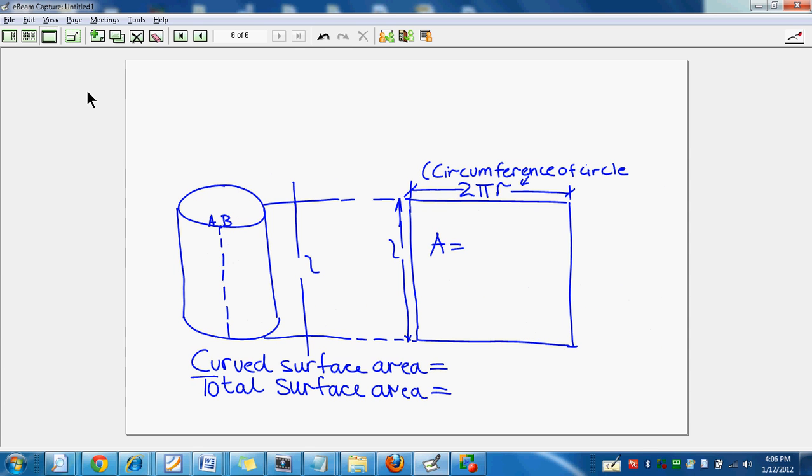So we're looking now at if we had to find the curved surface area and the total surface area of a cylinder. Now, if we were to imagine this cylinder as shown on the left hand side and an imaginary point selected there, where just to the left of the point is called A and just to the right of the point is called B, and we were to imagine taking the scissors and cutting right down until we reach the bottom,